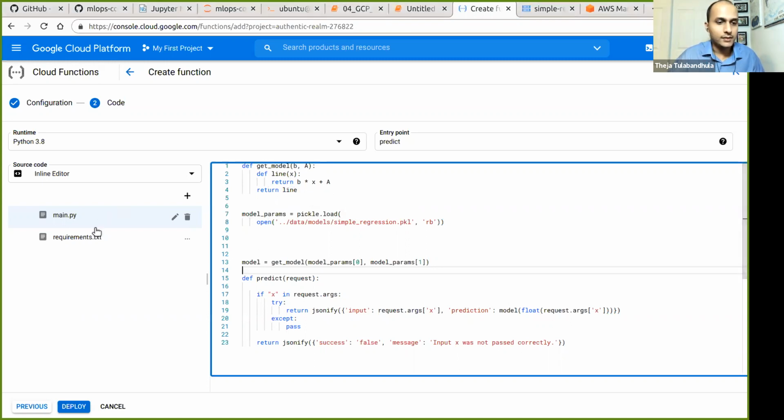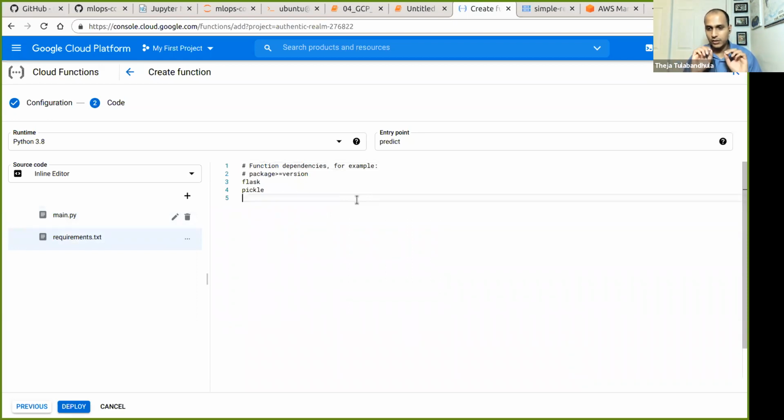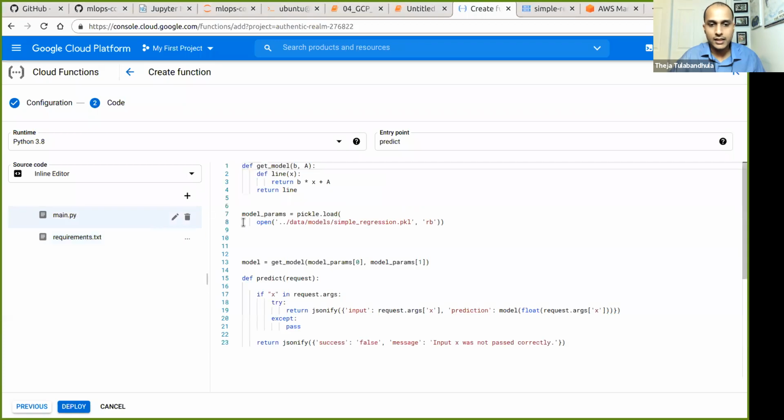Okay, I think I missed one more thing. There's one additional package that we need to install, which is Google Cloud Storage. This is the one extra package we need. And then in the main file, what we'll do is